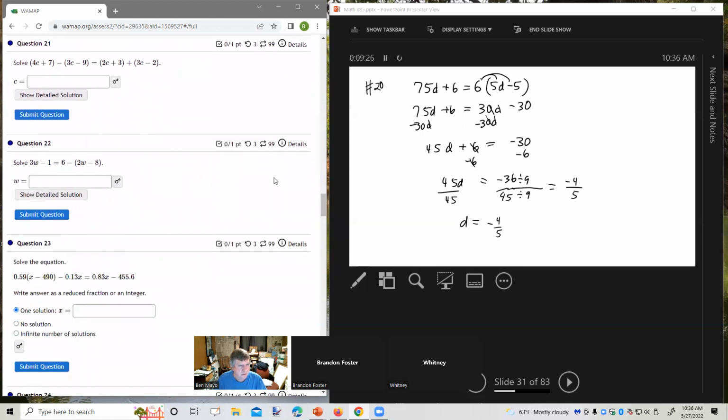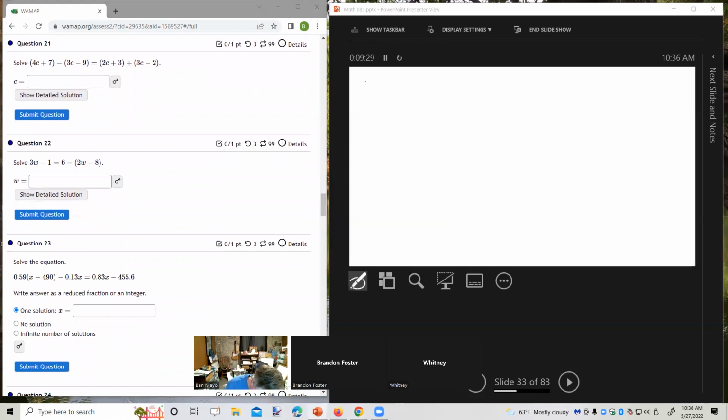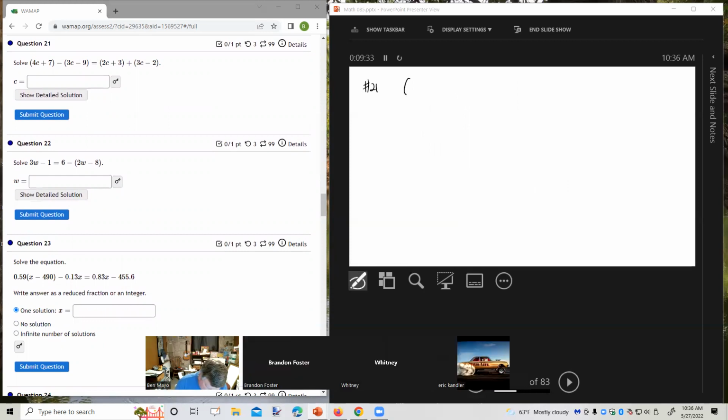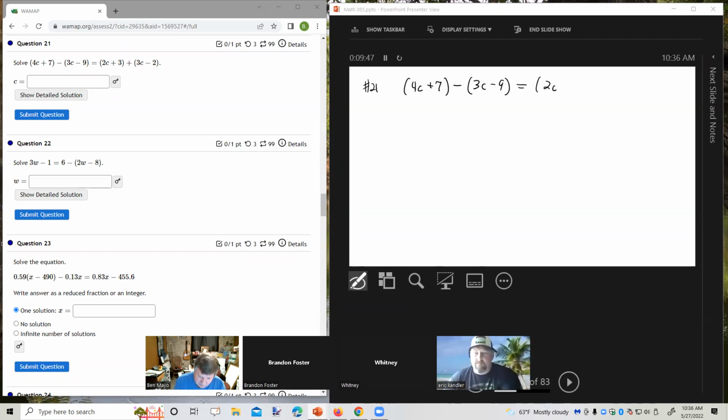Let's go on to problem 21. Solve 4c plus 7 minus the quantity 3c minus 9 equals the quantity 2c plus 3 plus the quantity 3c minus 2. On the left side of the equation, there's nothing in front of the first set of parentheses,